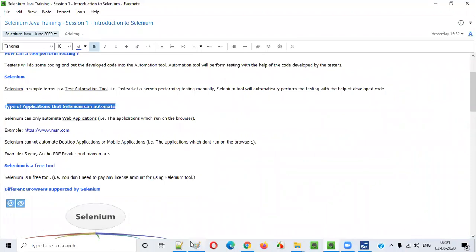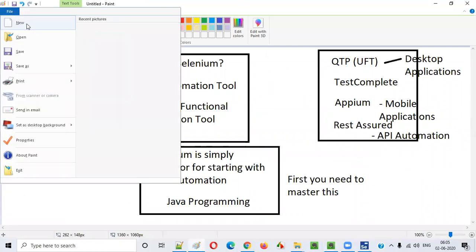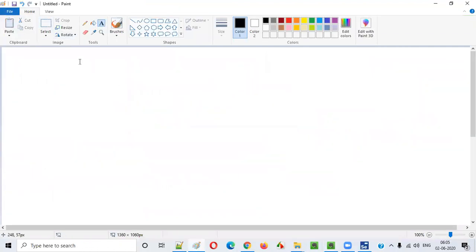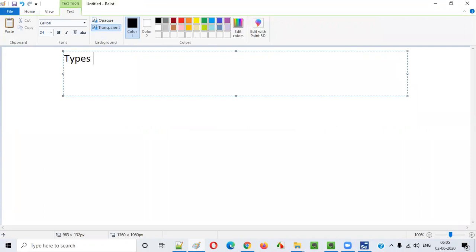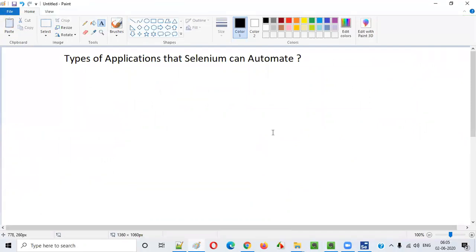Now the next thing is the types of applications that Selenium can automate. So guys, does anyone know the answer to this question? Web applications.